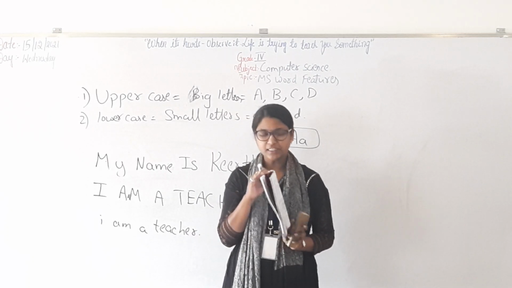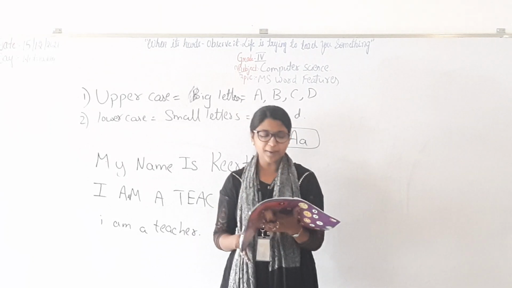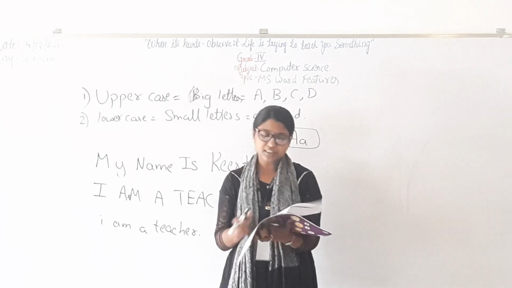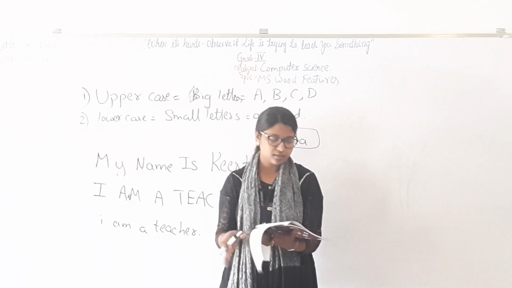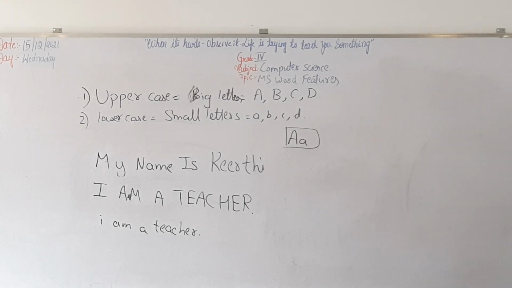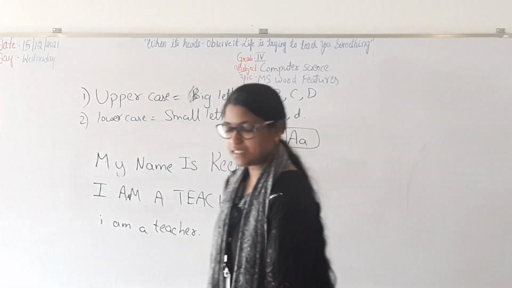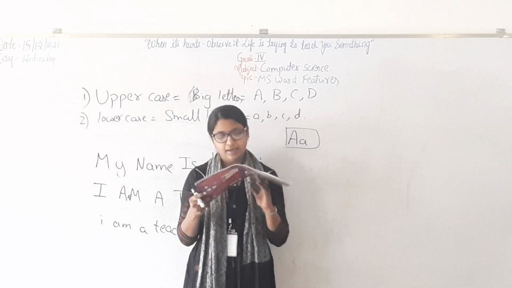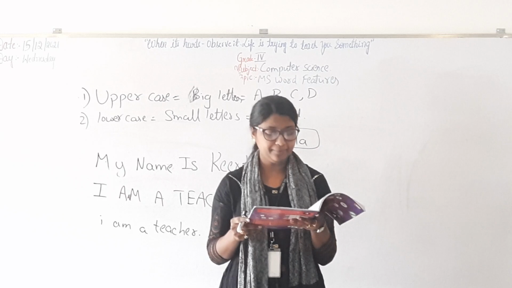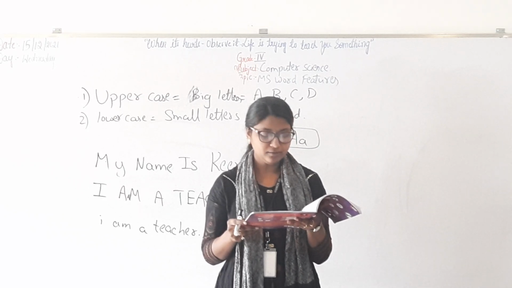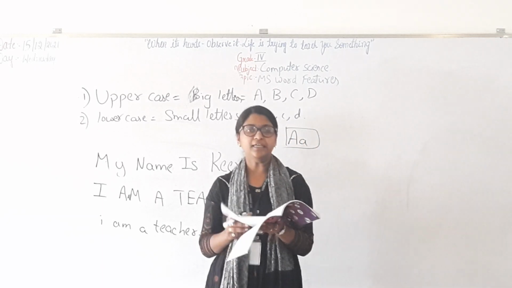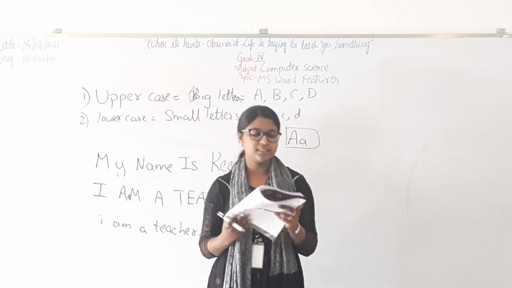Okay students? By this topic we have completed this chapter, and now please open page number 67. We will go through the question answers. See the multiple choice questions. For question A, the answer is option D, for B the answer is option B, and for the C question, the answer is option B. Next page, fill in the blanks.